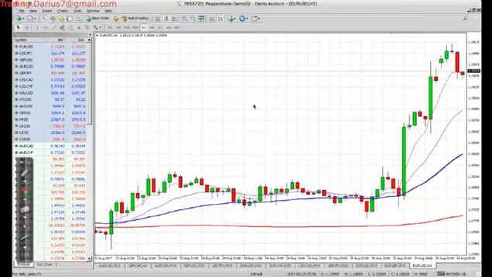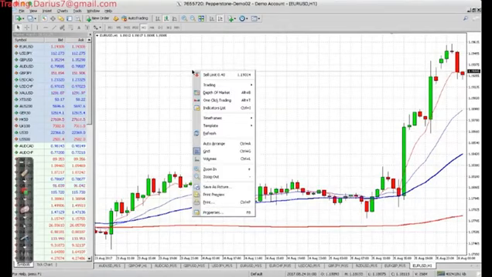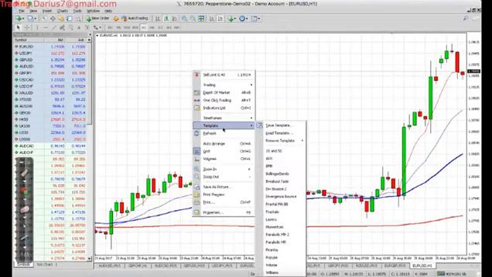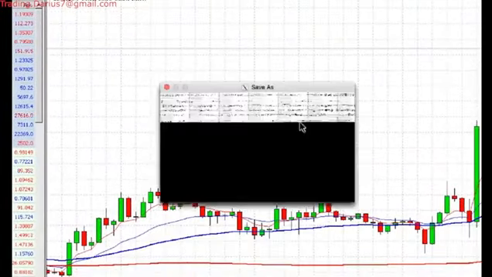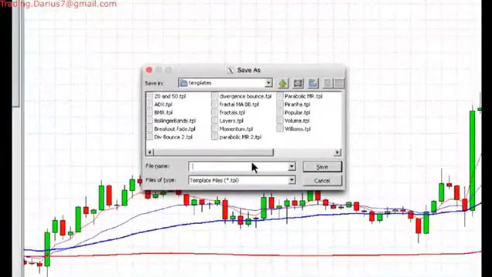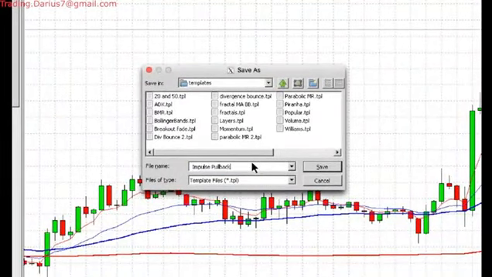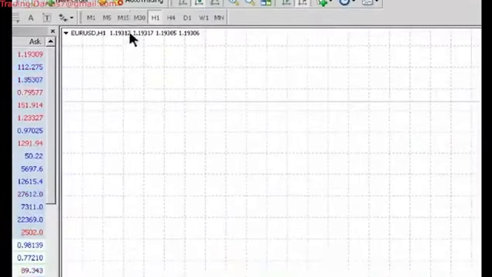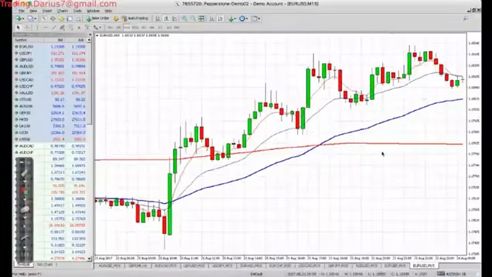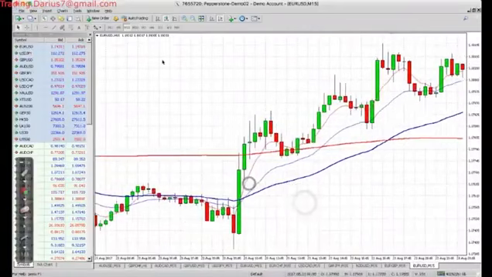Okay, great. So once you've got your chart set up, you right click and you're going to save, or rather go to template, save the template. So save it as impulse pullback. Boom. There we go. All right, so it's saved. Oh yeah, do make sure it is M15. Yeah, sorry, it should be on M15. Right? Works best on 50-minute candles. Yeah. So again,